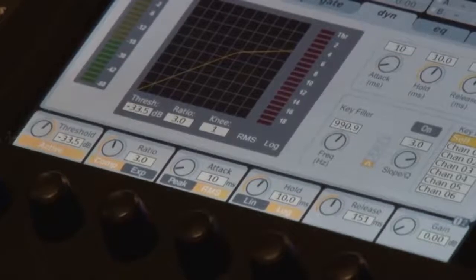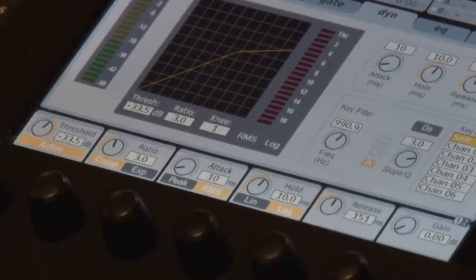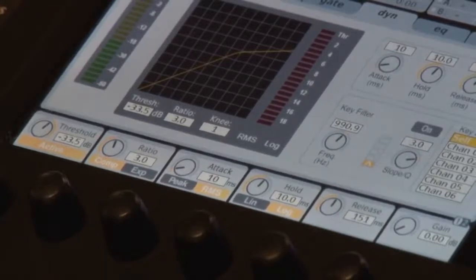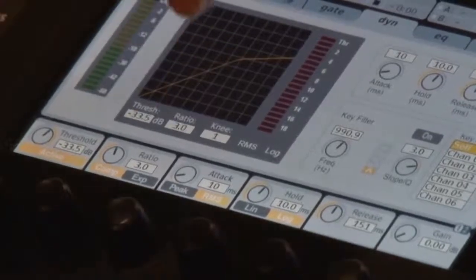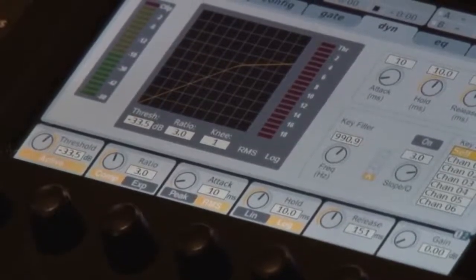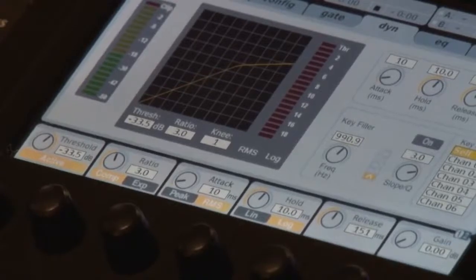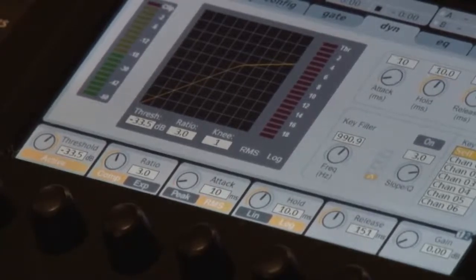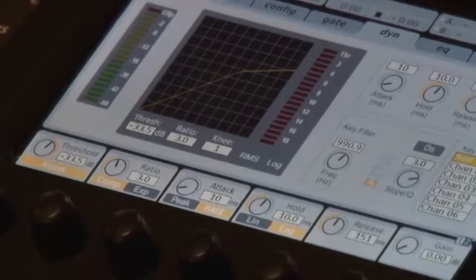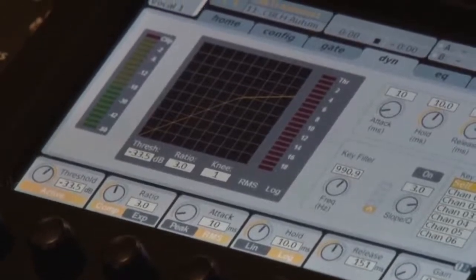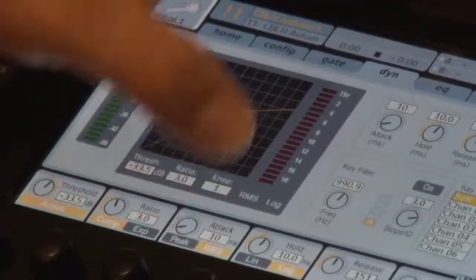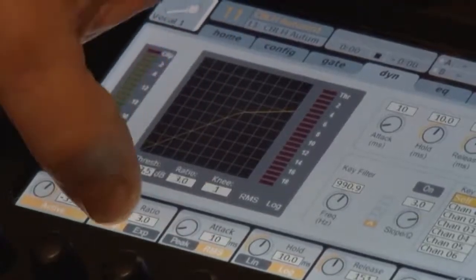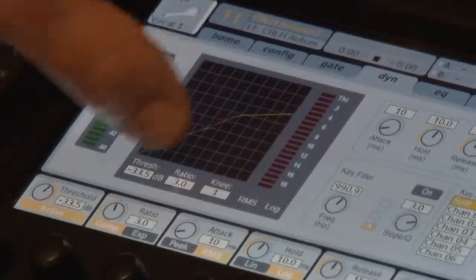So if we were to use that peak type of compressor, when he said hello, it would drop down really quick and hard. We don't want that. So I use RMS almost every time. If I'm using it on a bass, if I'm using it on a vocal, it's going to be RMS to slow that response down so it doesn't clamp down so hard when it does hit the threshold. So it'll be a lot smoother, more natural sounding. So use the RMS setting, keep the ratio down low, and then you can watch when